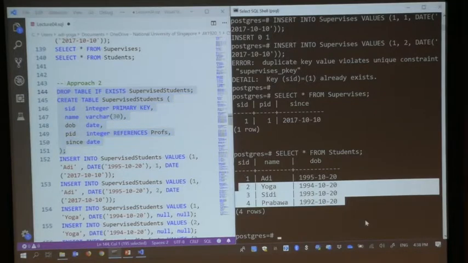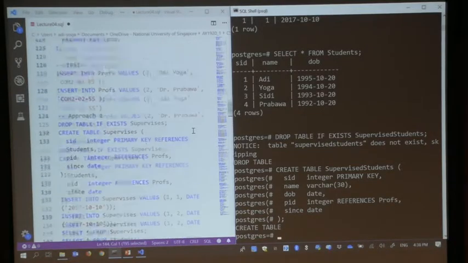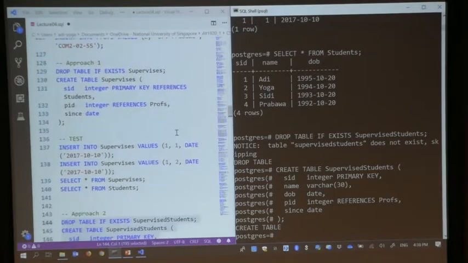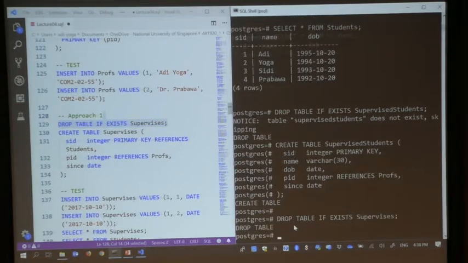For the second approach, we create a combined table. So we don't need the student table anymore. So I can drop that. I can drop table if exists students.